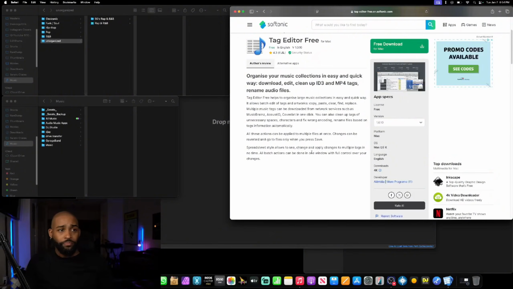And if you have anything other than that, then maybe what you need to do is just go to Google and type in ID3 tag identifier or editor or something like that, and maybe you'll come across one that accepts WAV or AIFF, whatever you have. Okay, but with that being said, if you have MP3s and you're good to go,